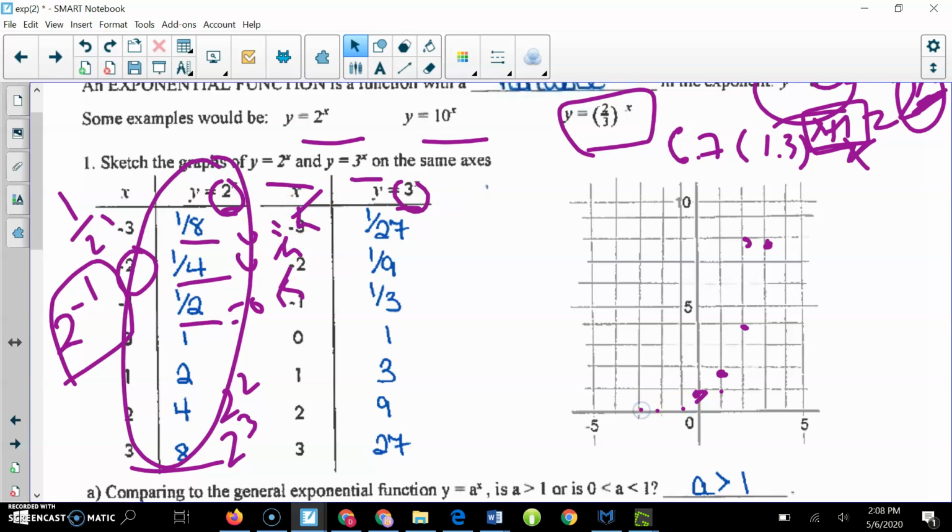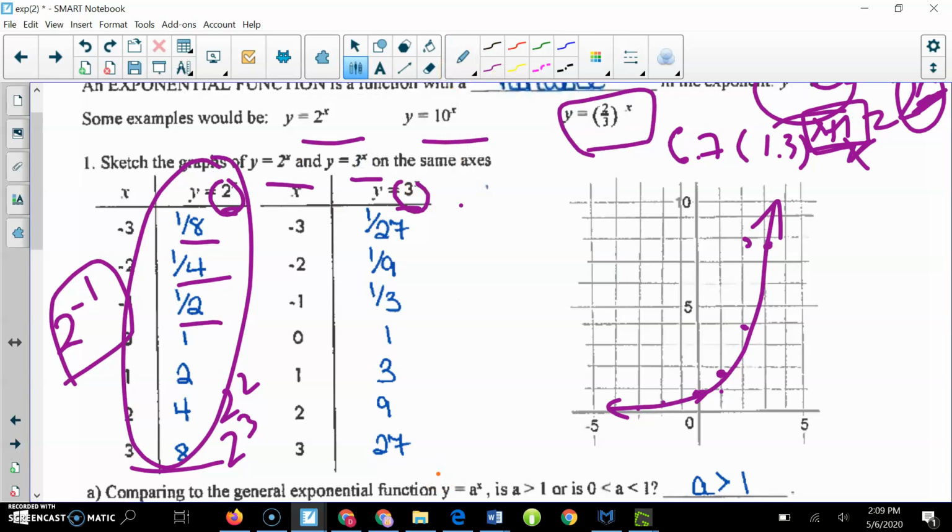It really doesn't matter all that much because what you're going to notice is when you go to plot these, it's going to flatten out. These numbers are getting smaller. As the x gets bigger, the y value is getting smaller and smaller. So if you threw this in the calculator, you'd see that. But the key is when you plot these, all I'm going to ask you to do is get closer and closer to the 0 line, but don't cross it. Don't cross that axis, just leave it like that. So the left side of the graph is not as important as the right side. The right side you want to take a little more care with when you compare, because you're going to notice here